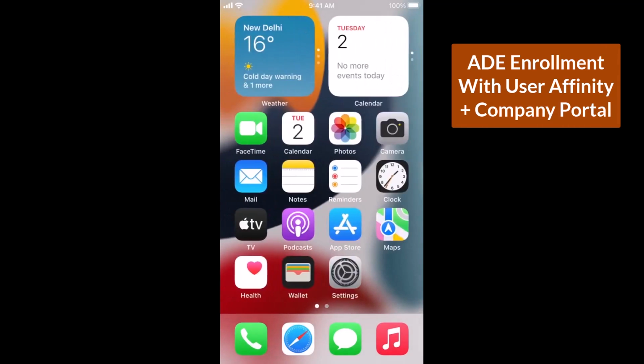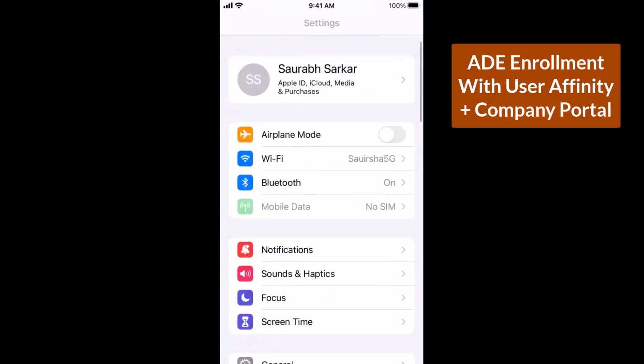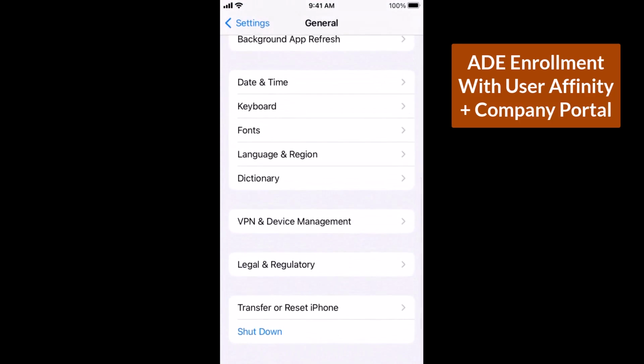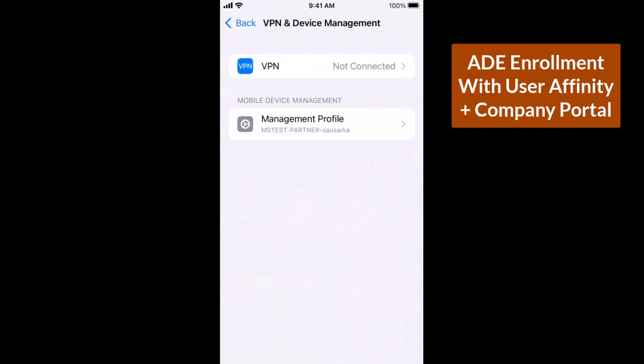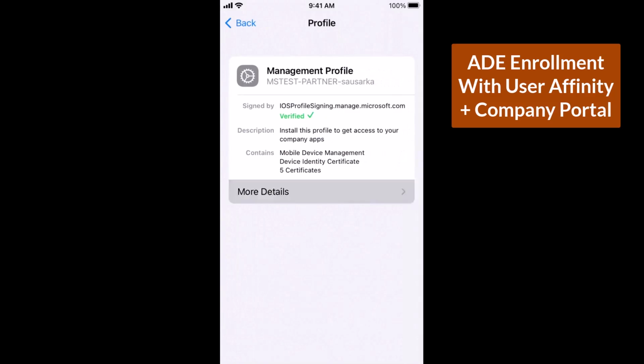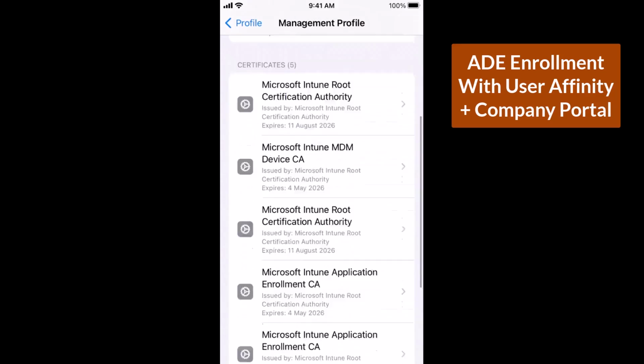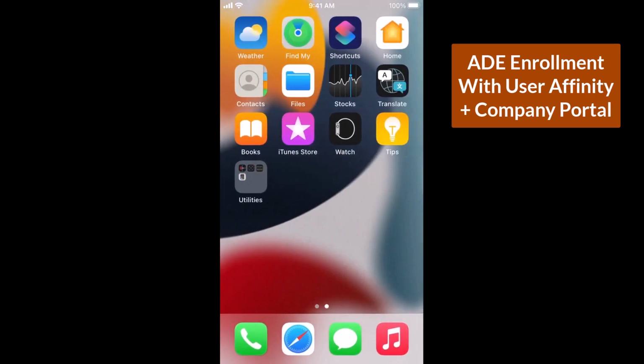Now, let's go to the settings, and then let's go to general, and then let's go to VPN and device management. And over here, you can see the management profile is installed in the device. If I go into more details, I can see all the certificates that have come down to the device from Intune. Now, right now, you see that there is no company portal application present in the device,